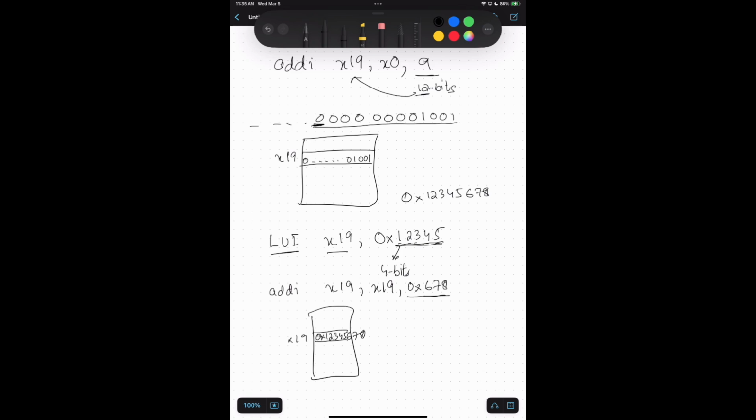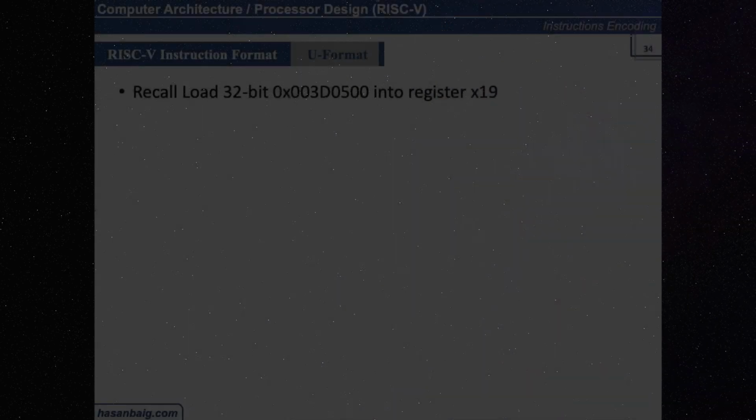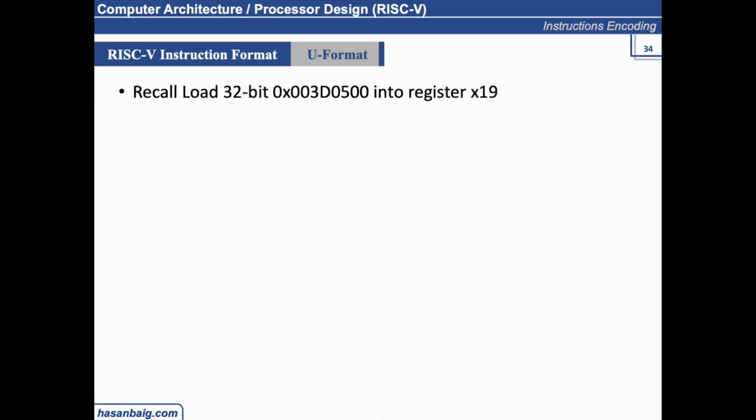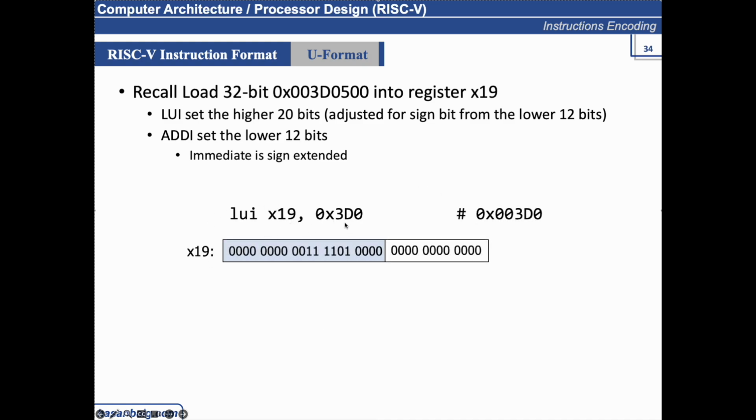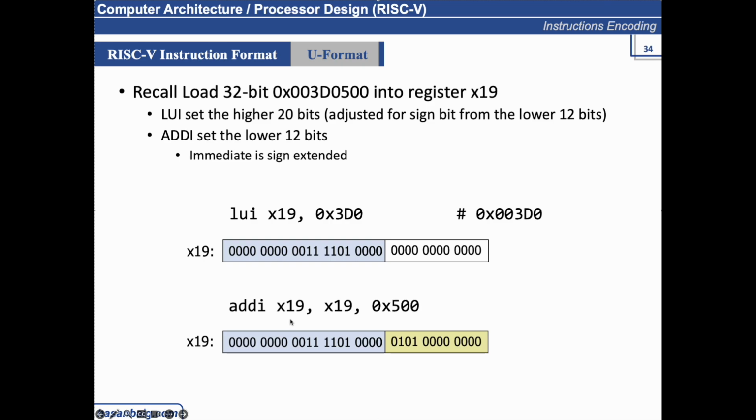Okay, so let's go back and move on with the next discussion. We have already discussed that LUI sets the higher 20 bits and ADDI sets the lower 12 bits, and the immediate is sign extended. So if you have LUI x19 0x3D0, although we have specified three hexadecimal digits, whenever we use LUI, it will append zeros on the right hand side. So this value is extended, and then this entire thing will be loaded into x19 while keeping this unchanged. Now to add the remaining value, which is the 500, we perform the ADDI x19 0x500, and